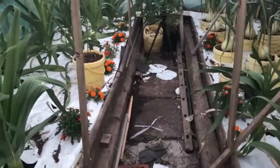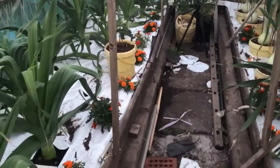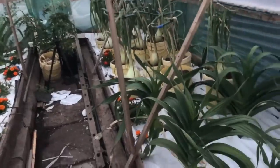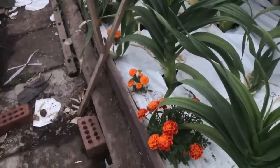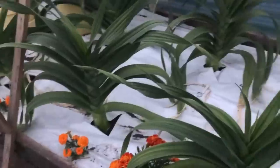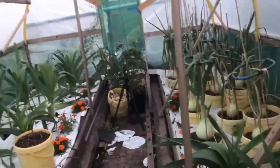But anyways, the mess that is the polytunnel with the marigolds. See, I do like the marigolds. I like the colour of the marigolds. I'll definitely be growing a lot more of them next year. The petite mix and the orange boy petite mix have gone crazy. But yeah, that's them. I'll show you what's happening in the top greenhouse